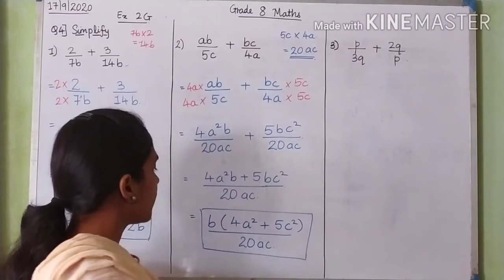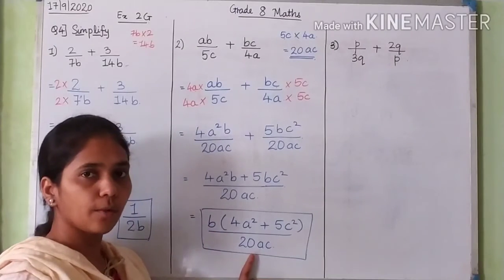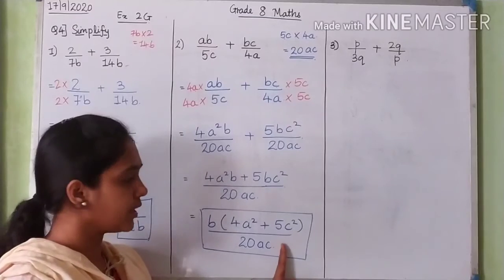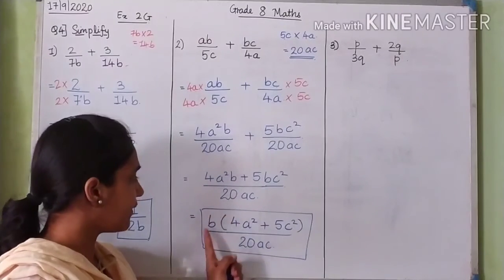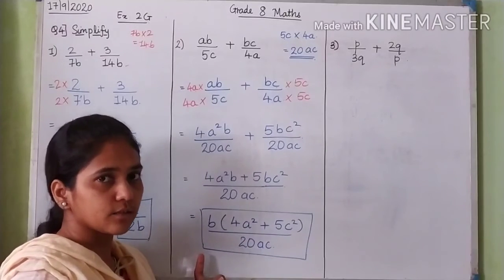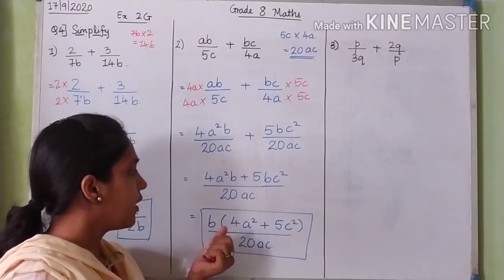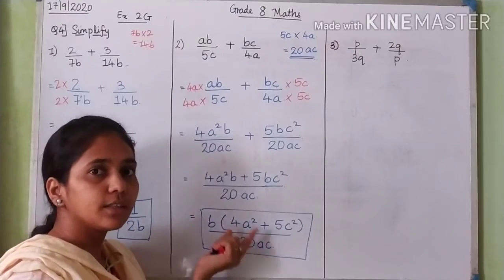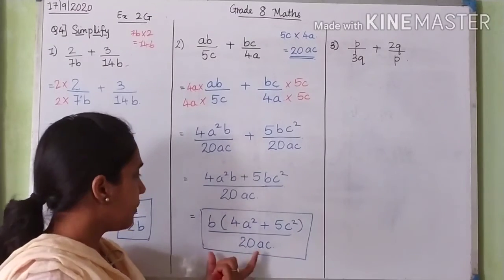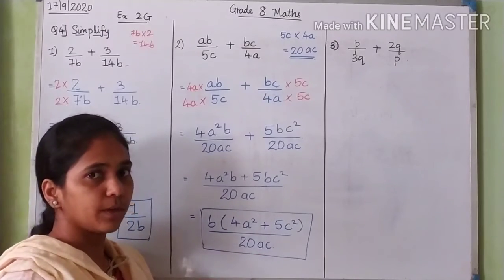Once you take something common out, if it gets divided by the denominator, you can divide. Like here, if you had a b in the denominator, that b and this b would have been cut. But here there is no b, so this will remain as it is. If this b or anything from the denominator is getting divided, you may divide it further. But here it is not, so it remains the same.